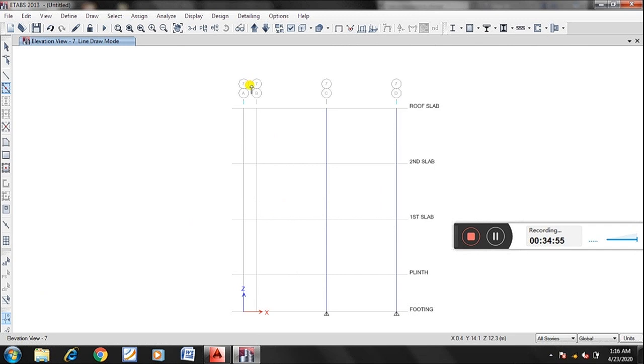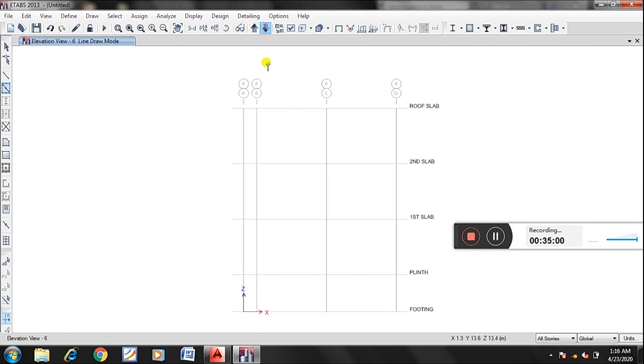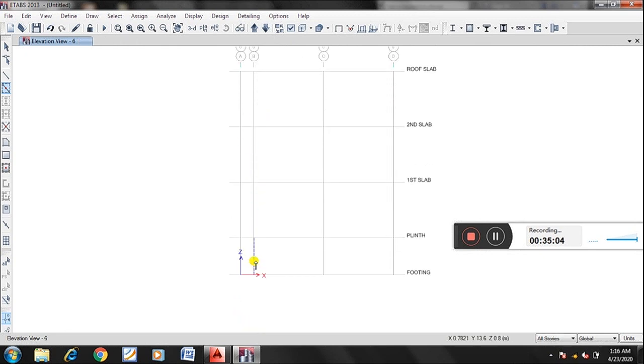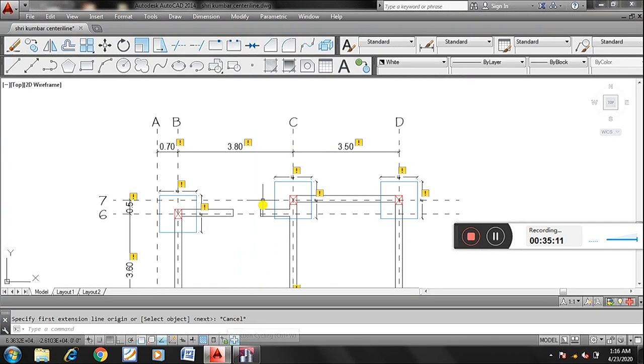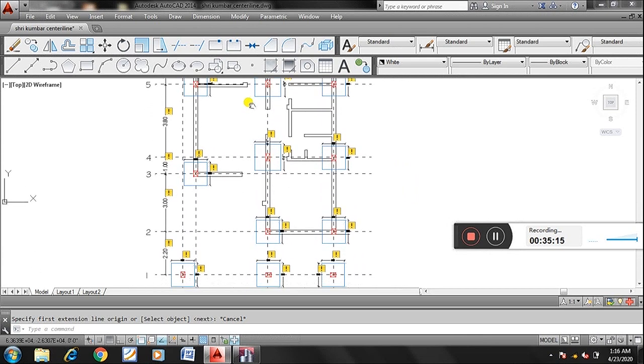Okay, I'll switch to 6B. Here 6B is there, and you must have the orientation also. 6B is modeled. Later you can check the orientation, if something happened, you can check here also. So all the columns are oriented in only one direction, except these two columns, you check later.